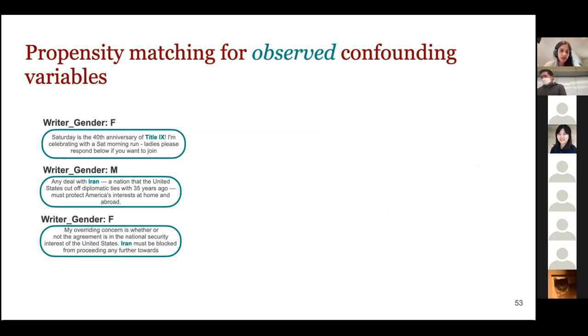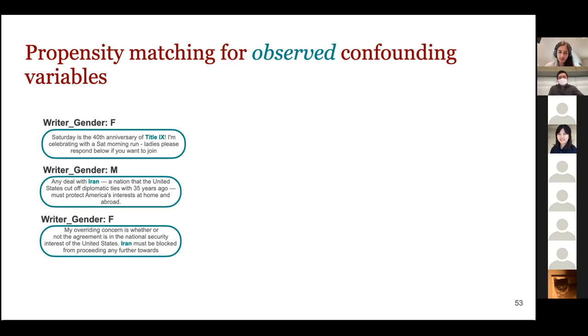And so our goal in this overall project has some alignment with causal framing. What we're trying to do is identify text that's predictive of gender, but that's not predictive of other confounding variables. And this is a lot of what the causal inference work that we're drawing from aims to do. So what does that actually mean? How do we apply propensity matching here?